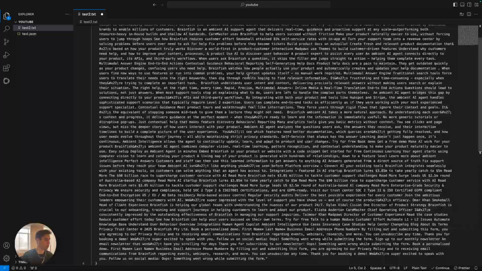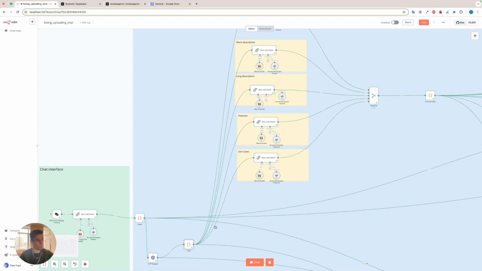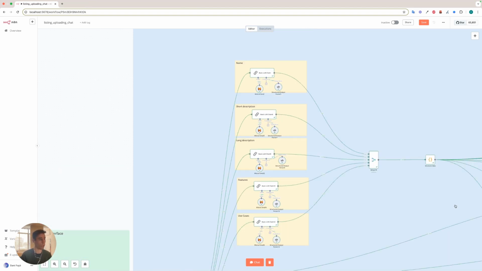extract information. With this output, we are going to create 5 different LLM tasks, and each task is going to be responsible for extracting one piece of information from this website data. Something that we are doing here and that you will see quite often is that we have decomposed a big task into smaller subtasks. If you are doing a big task, what I've seen is that the accuracy is higher if you are decomposing tasks and using smaller models rather than trying to achieve one big task with a bigger